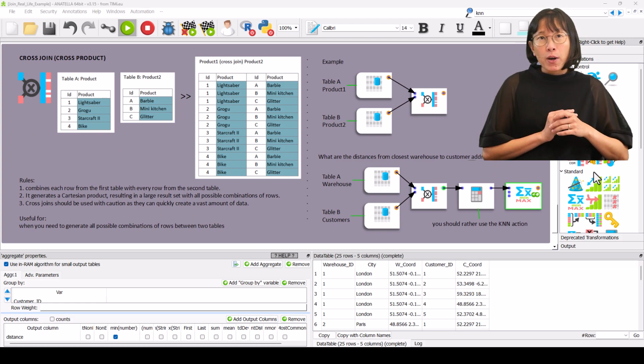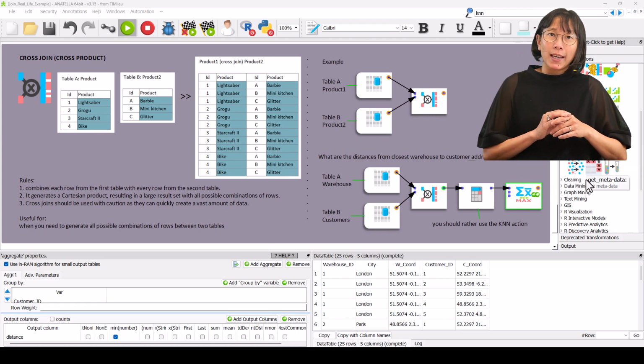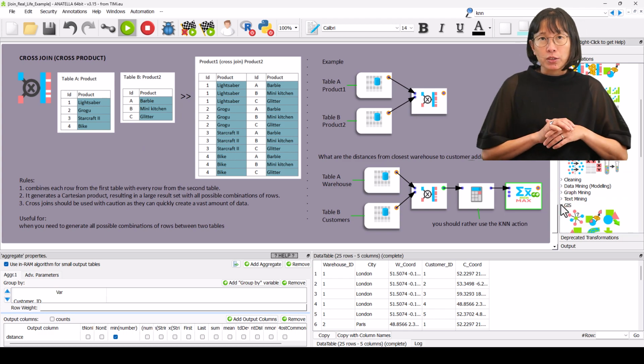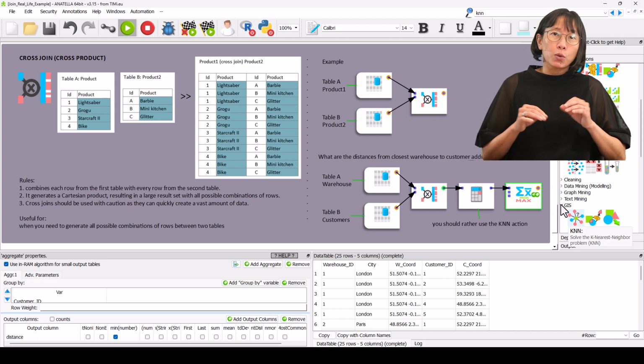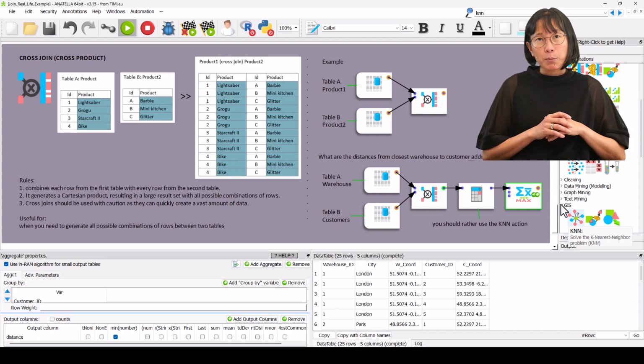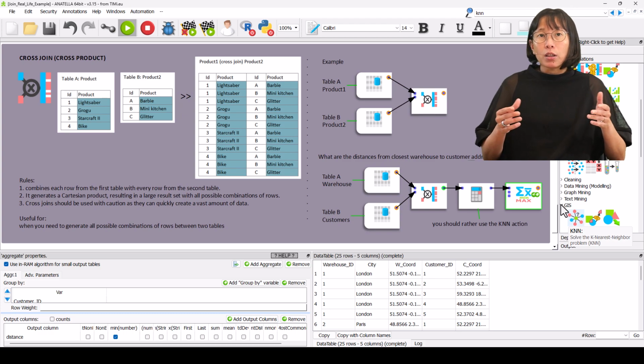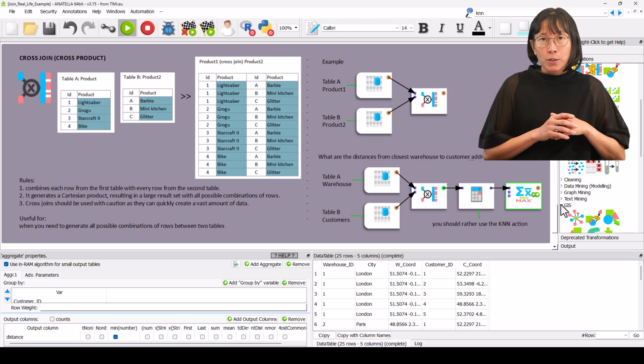I would advise you to rather use the KNN box to solve this question, because this box uses clever mathematical properties of distances to avoid computing 99% of the distances, thus providing a response much more quickly.